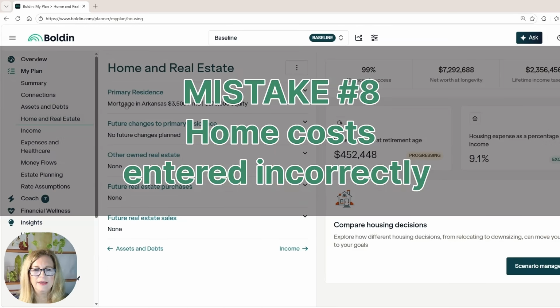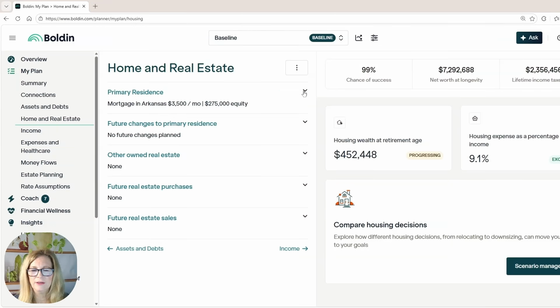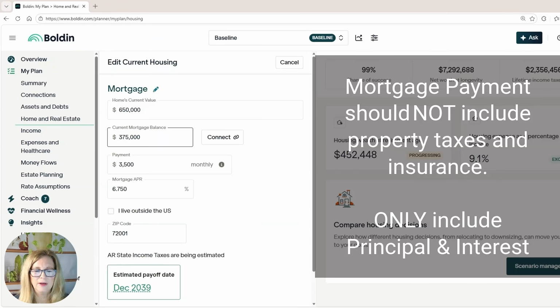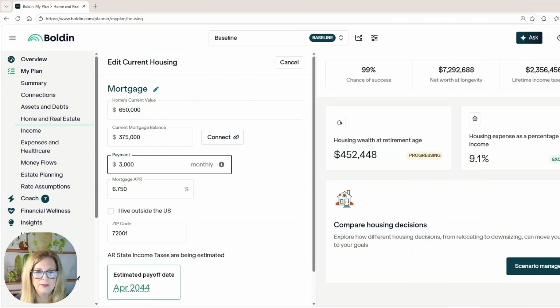Mistake number 8 is entering home costs in the wrong place, and this is a big one. When you're entering your mortgage payments, it should not include your property taxes and insurance. So for this example, with a payment of $3,500, if the taxes and insurance add an additional $500, and the true mortgage payment, including principal and interest, is only $3,000, I'd want to adjust this down and add that $500